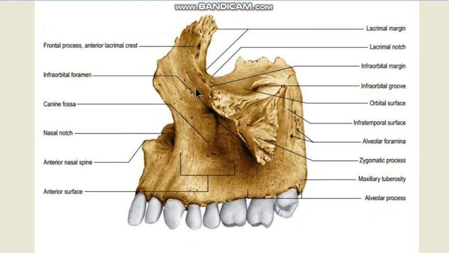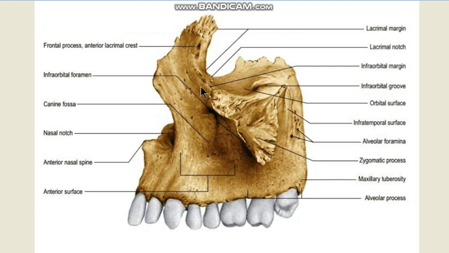Now if you look at the facial surface of the body of the maxilla, above here you can see that it makes out part of the margin of the floor of the orbit. So the inferior margin of the orbit is made up by the body of the maxilla, which extends up along the frontal process to form the medial margin. And just below this margin of the orbit over here you have an opening, a small foramen called the infraorbital foramen, through which pass infraorbital vessels and nerves.